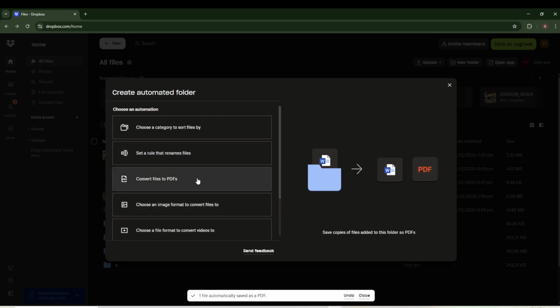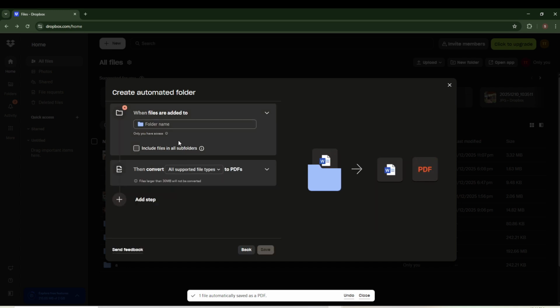After choosing Automated Folder, you'll see a list of automation options. For this tutorial, select Convert Files to PDFs. This is especially helpful if you regularly share documents and want a consistent, universally accessible format. Instead of manually converting each file, the folder takes care of it, saving you time and reducing the chance of mistakes. It's a small setup that pays off every day, especially when you're dealing with different file types from multiple